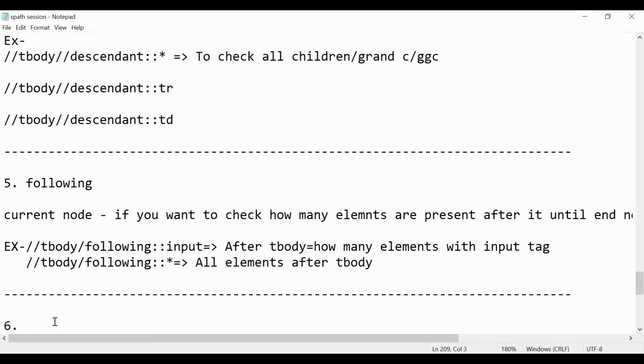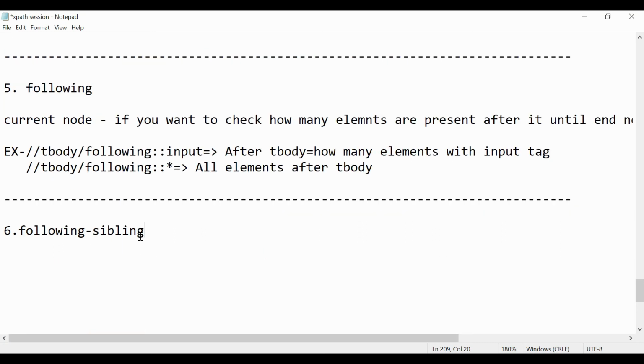Okay, so next is following-sibling. We saw what following means, and now we are going to see what sibling is.